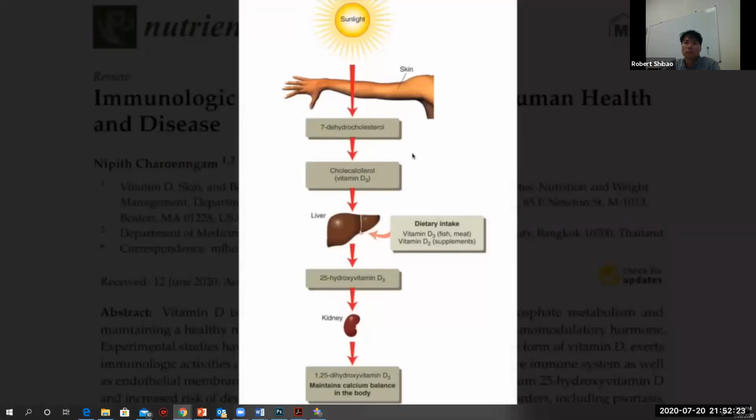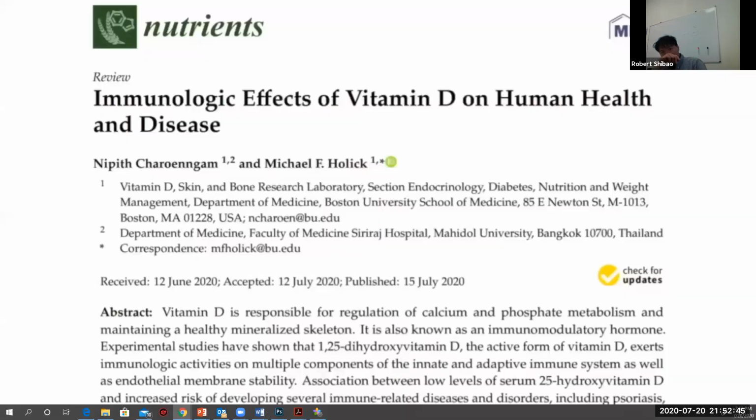It is derived from a cholesterol derivative, and it requires ultraviolet radiation to convert the cholesterol derivative into the 25-hydroxy vitamin D. From there, the body metabolizes it into 1,25-dihydroxy vitamin D, its active form, but many of these things are actually used. So back to this article, it has almost 200 references, and it hits on multiple topics,